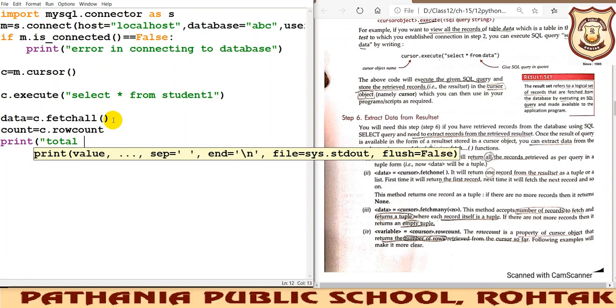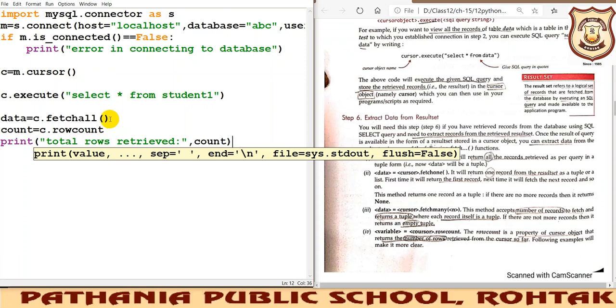Total rows retrieved, then a comma is required every time to separate these two things in the print statement.